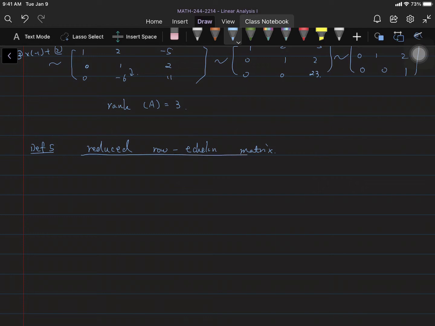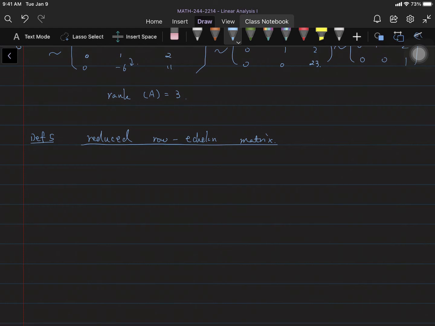Reduce the row echelon matrix. I'm going to give you some idea what the reduced row echelon looks like. If we have a row echelon, it looks like 1, 2, 3, for example, 0, 0, 1, like this, right? And the reduced row echelon means